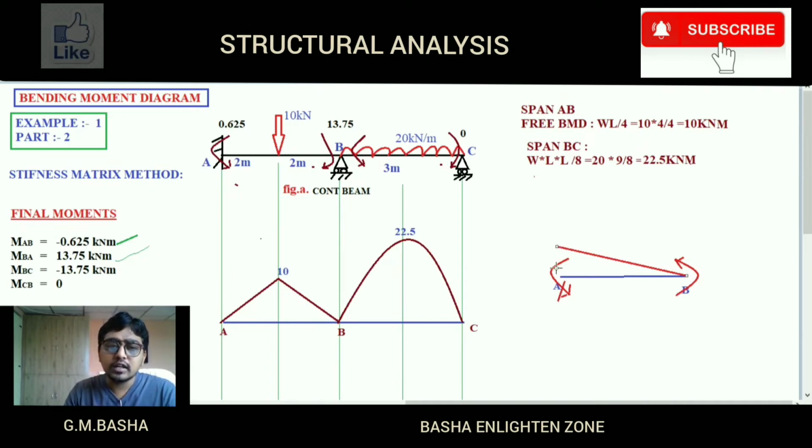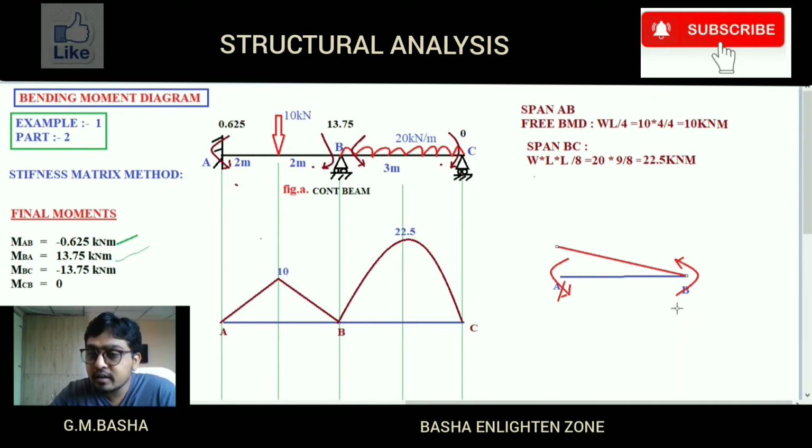This logic works for all the diagrams, for both beams and frames, for drawing the bending moment diagram. So what I am telling you means, based on the application of the force, the beam tends to move in the forward direction. For example, if I apply a force on a particular body or any person, the person will move in the forward direction. If I drag that person, they will come towards our side, in our direction. Like that I am showing the application.